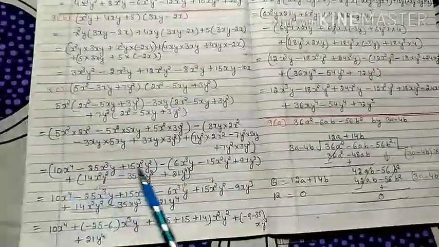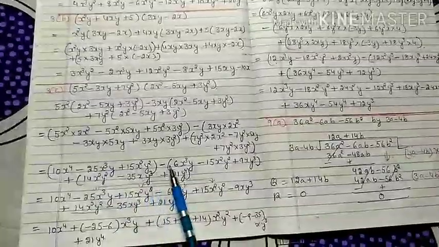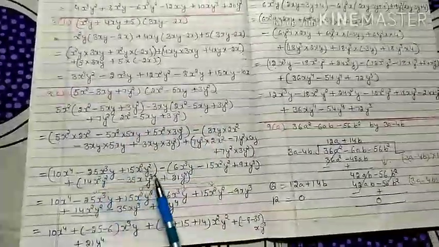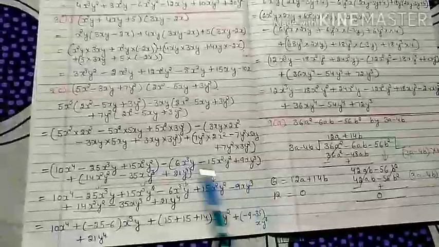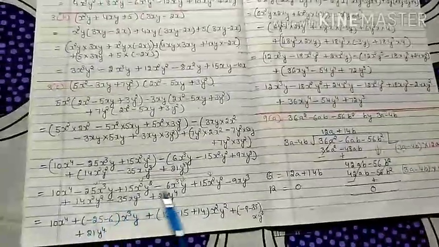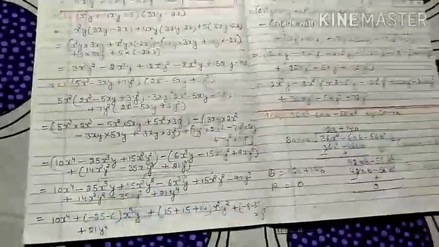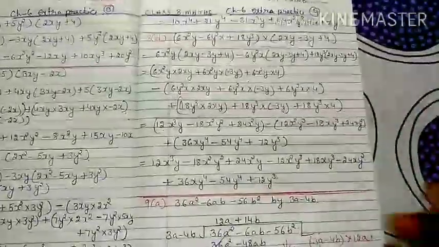After that, when your multiplication is solved, you open the bracket. If a negative sign is outside, all signs will be changed within the bracket. If a positive sign is there, no need to change. After that, if any like terms are there, you create the term and add it. Similarly, 8th question D part, you have to do the same thing.